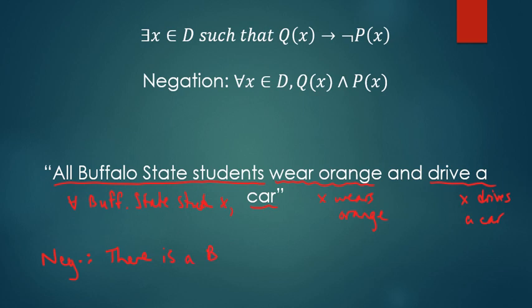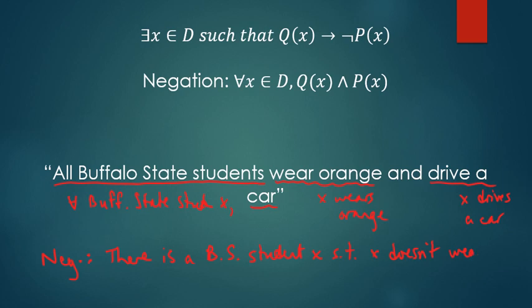We can say there is a Buffalo State student X, such that, so that is the negation of our quantifier. Now we take the negative of that statement form. So we're given a conjunction. Now we're going to end up with a disjunction when we take the negative of it. So the negative of X wears orange and X drives a car is X does not wear orange and X does not drive a car, such that X